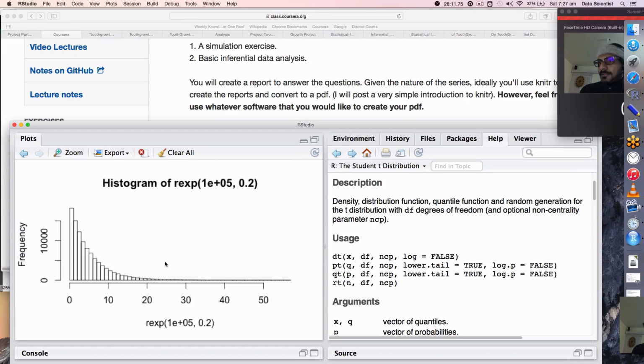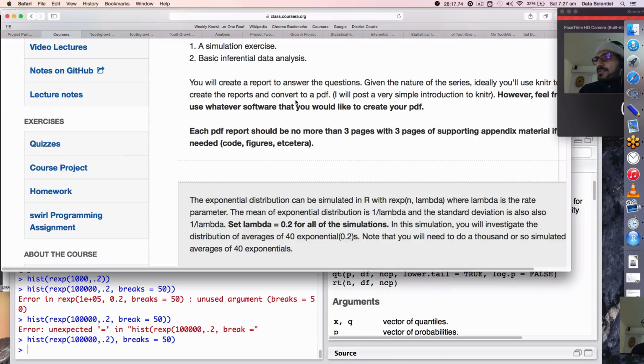Yeah, you can see this, how the data is decaying. All right. So now what I'm going to do is, he says that we have this exponential distribution, which